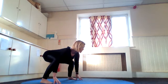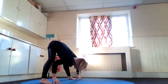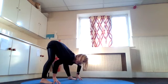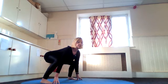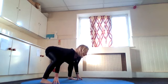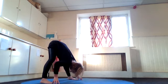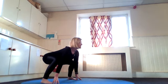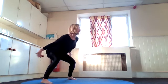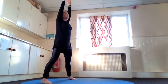Walking your hands forwards onto the floor and then exhale, straighten the legs, take a deep fold. And then in breath, coming back again to our little sumo. So as the spine straightens, but as we go into our fold, we'll let the spine do what it needs to do. Just let your head hang, releasing. One more sumo squat, and then from that position, once you can feel your feet has got your weight, straighten your legs, power yourself to standing, taking your hands to the sky, in breath,